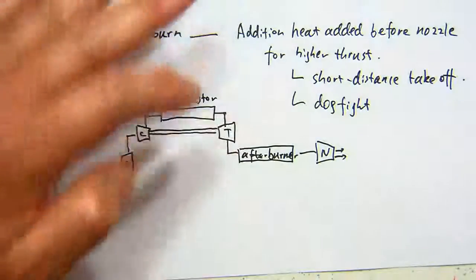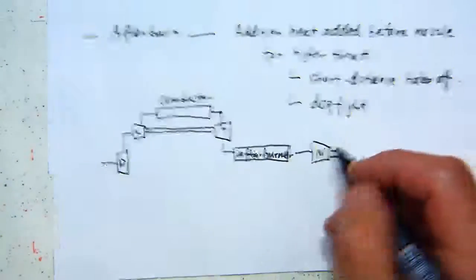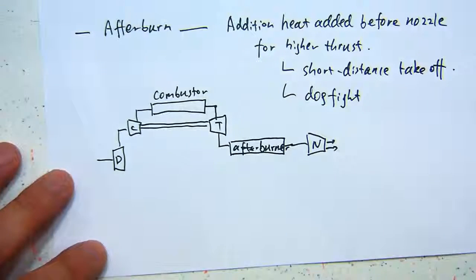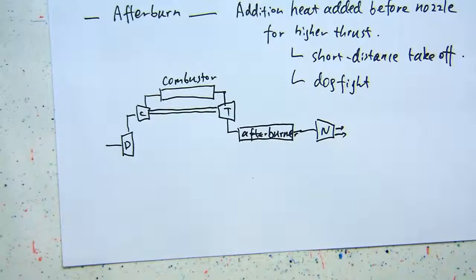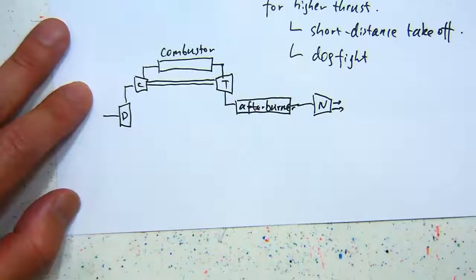So in terms of the energy, you just add additional energy so that there is more available to be converted to kinetic energy and to produce thrust. Right? And in terms of the TS diagram,